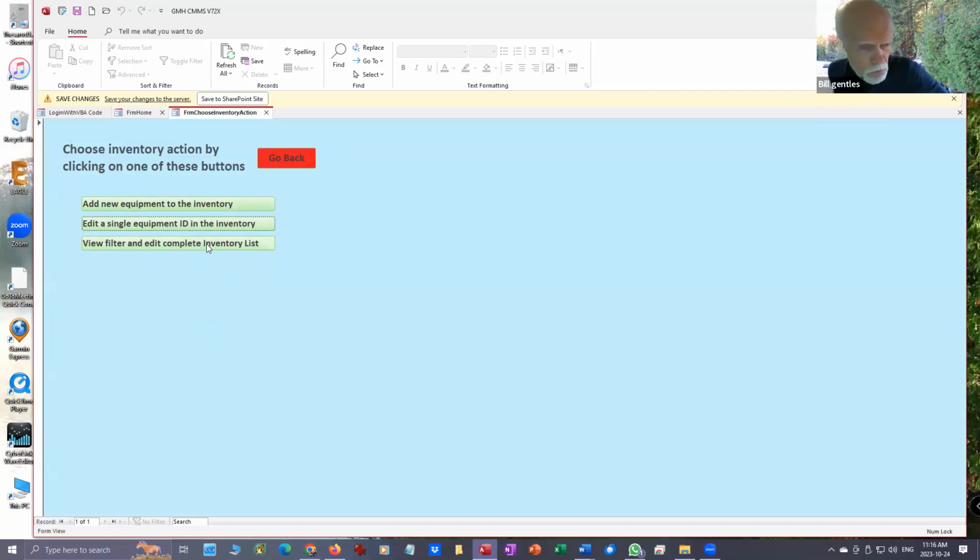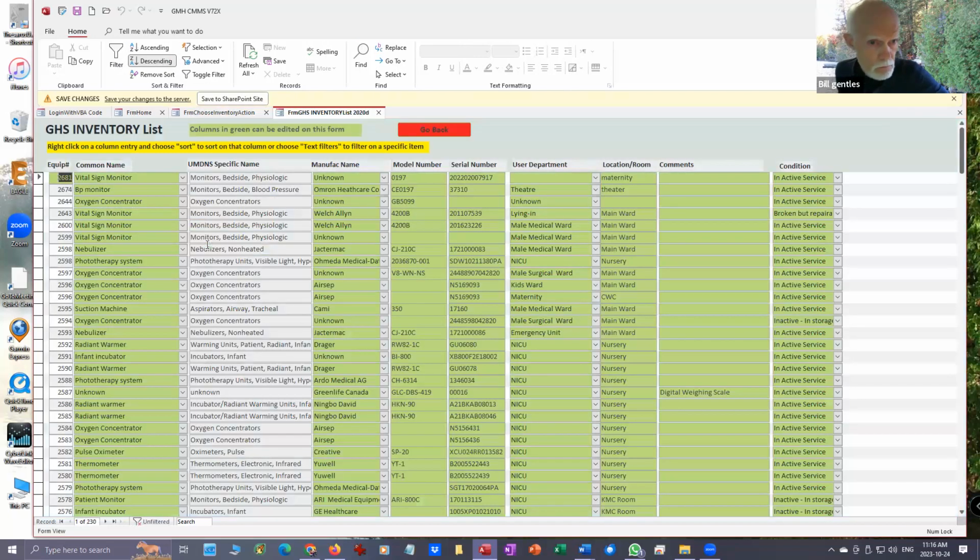So I'll click on this one first, just to show you what the screen looks like. It's a kind of summary of all of the assets that have already been entered for this institution, the War Memorial Hospital. So this is the inventory list,